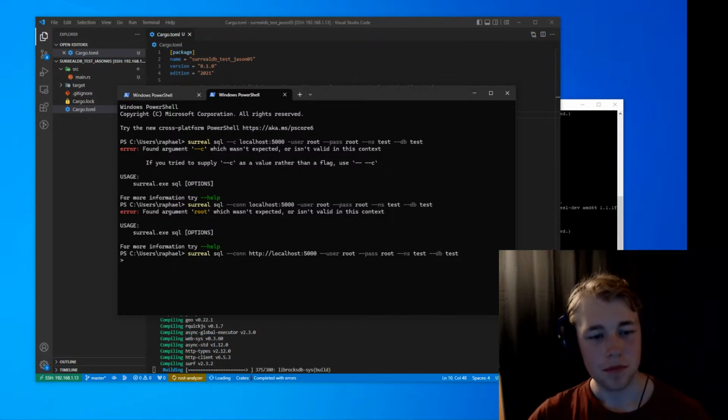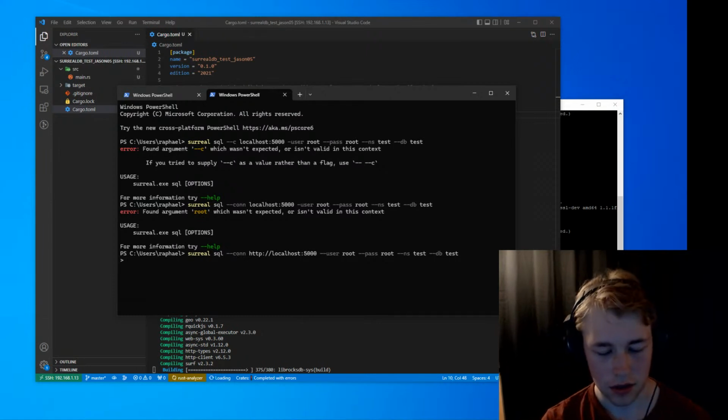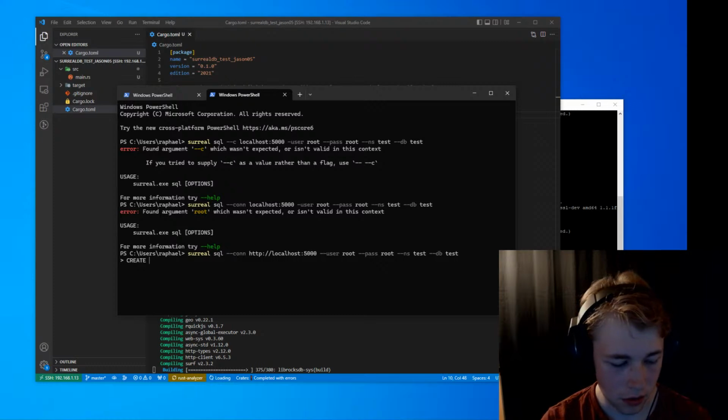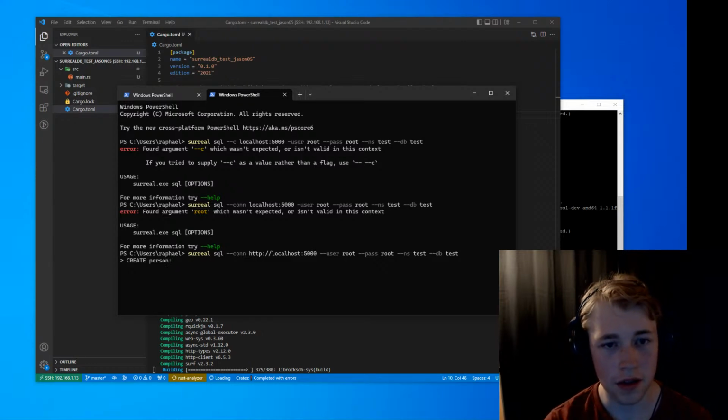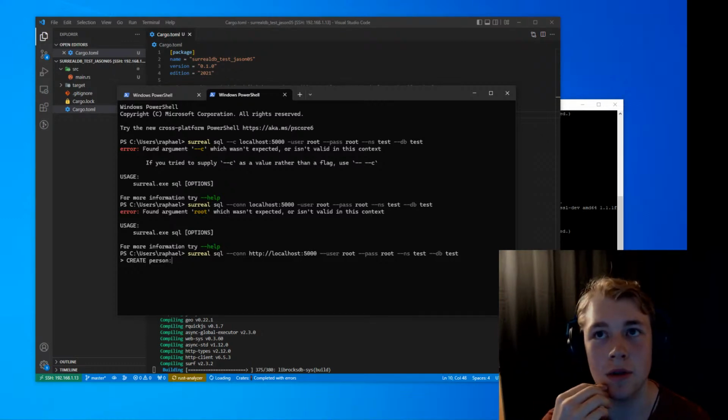Anyway, so now we are in, and SurrealDB can act both as schemaless and schemaful. So we can create, I'd say if we can just go create person. You can either put something in here, either a name or some ID code, and the way that